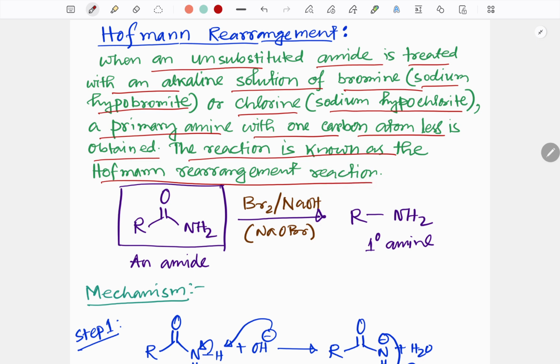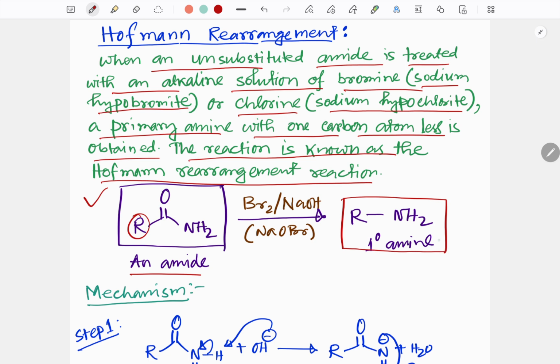Now coming to the reaction scheme. What is the reaction scheme of Hofmann rearrangement? You can see here, I have taken one amide compound. This is the common structure of the amide, where you can see this R group, it may be an alkyl or aryl group, whatever. Now once you add bromine and sodium hydroxide, it will give you a